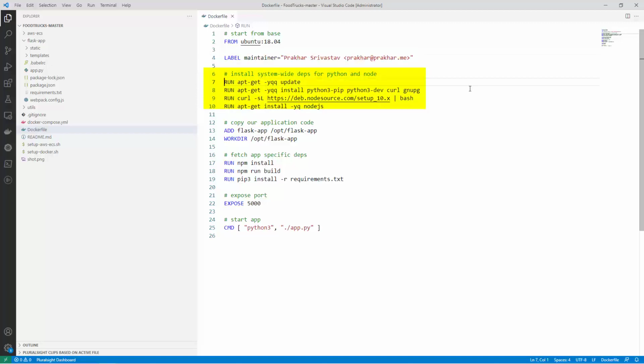The RUN instruction will execute any commands in a new layer on top of the current image and then commit the results. The resulting committed image will be used for the next step in the Dockerfile. All instructions are executed in order, so you have to be careful to add your RUN instructions in the exact order that they should be run. In this example, we're installing the required system-wide dependencies for Python and Node, as these are needed to run the